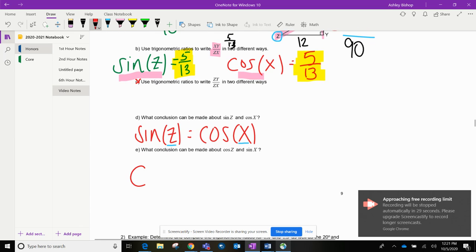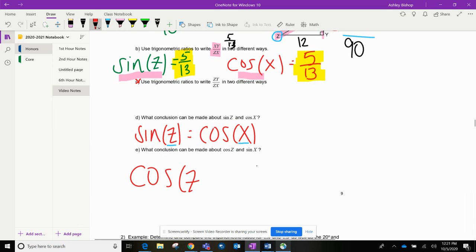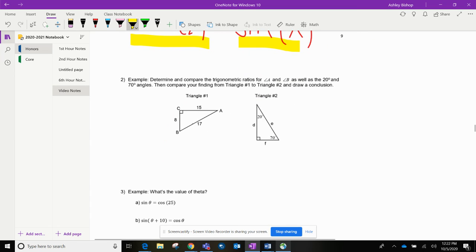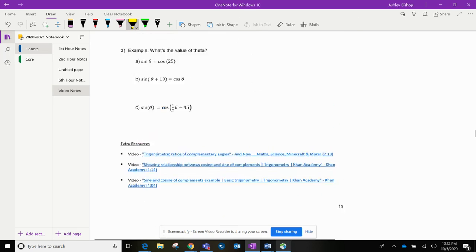Similarly, I could say the cosine of Z is equal to its opposites. Two things need to change. The cosine needs to change to sine, and the angle needs to change to the other angle, opposites. Cosine of Z is equal to sine of X. Make sure you understand that. I'm going to do the next problem, not in a video, but you can check my work in the next problem to see these again. So check that out. And on page 10, check